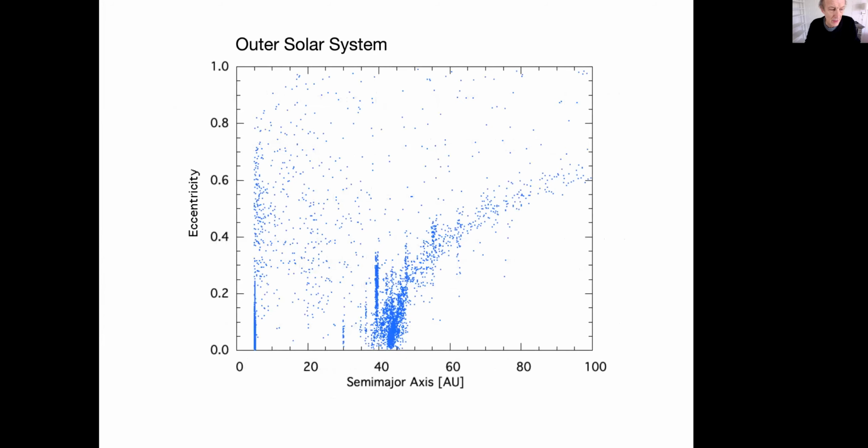Now, I thought about different ways to present this. In the end, I think the best way is just to show you data. We have about 3,000 known Kuiper belt objects. Roughly half of them have pretty good orbits. To keep this diagram simple, I'm showing you just the first 1,000. So this is semi-major axis against orbital eccentricity, circular orbits at the bottom, parabolas at the top. First observation is that the distribution of dots, each dot is a KBO, is highly non-uniform, okay? And in fact, it shows immediately that Kuiper belt objects are divided up into a bunch of distinct groups,